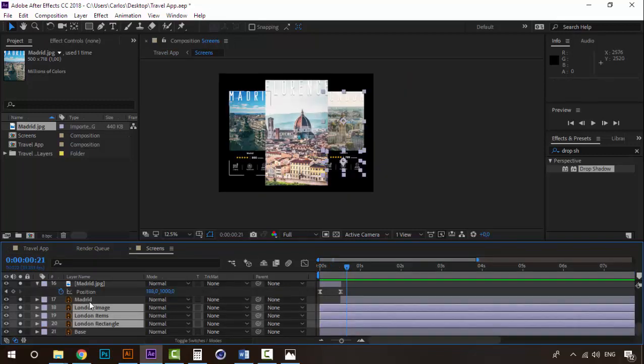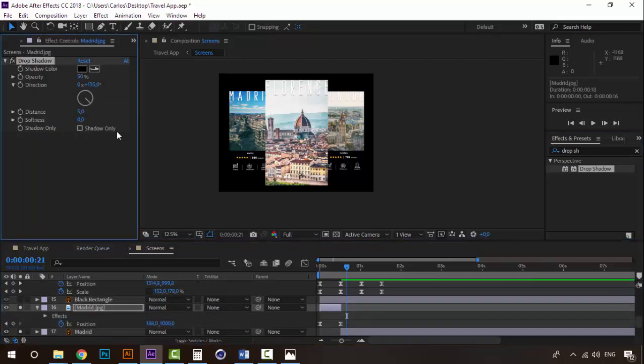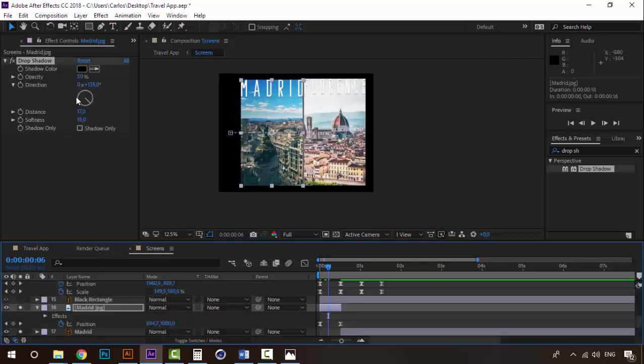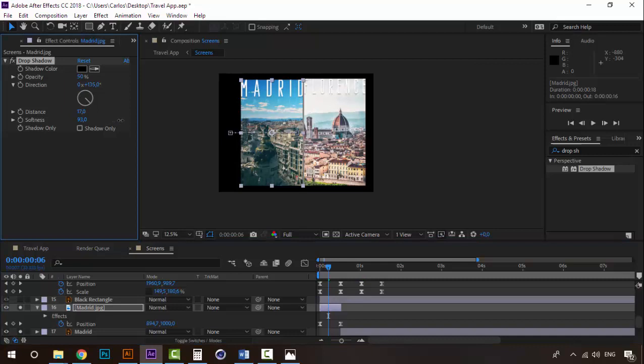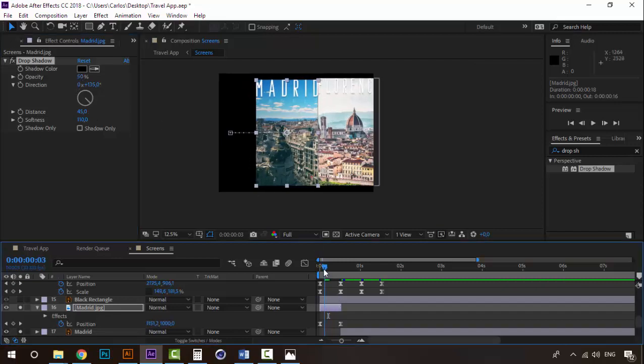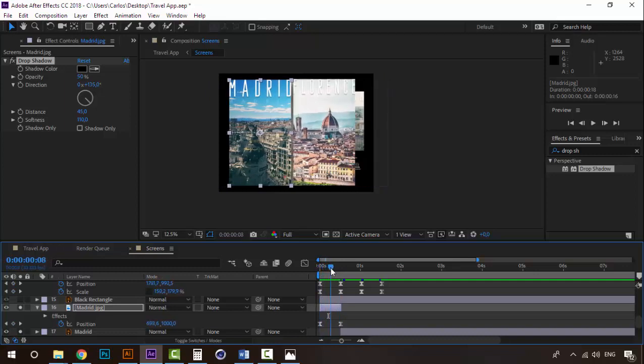For example, on the Madrid image we can add a drop shadow so that when we see the image we can see a little bit of shadow here. Let's fix it. So like this,